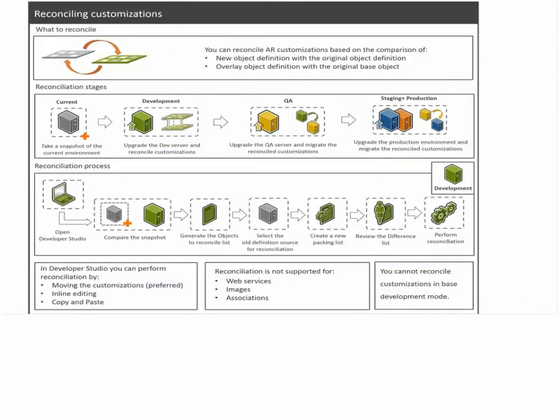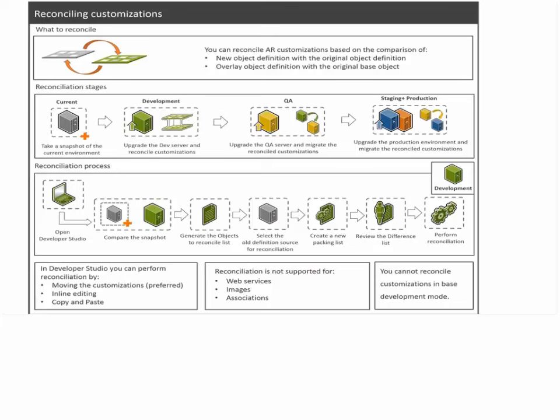Let's look at the process. How do you reconcile customization? Let's look at the reconciliation stages. So first you have to capture the snapshot of the current environment before you do an upgrade. I think step number 5 is the step to take the snapshot of the server.